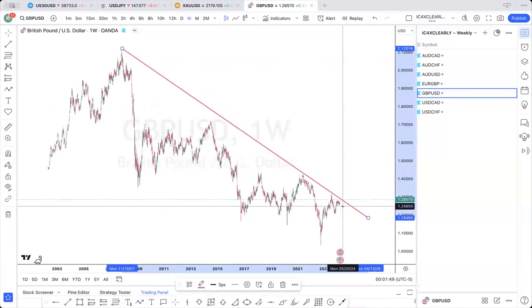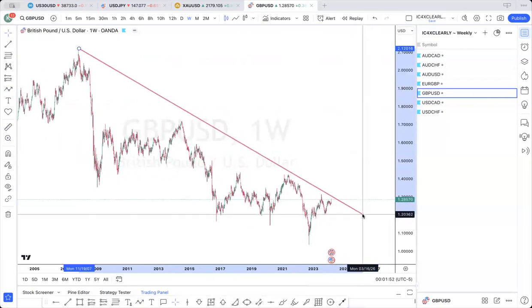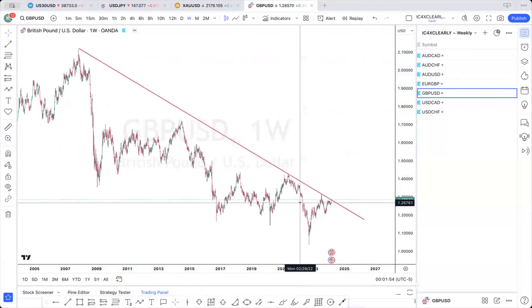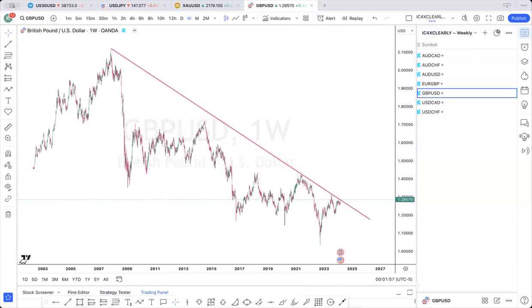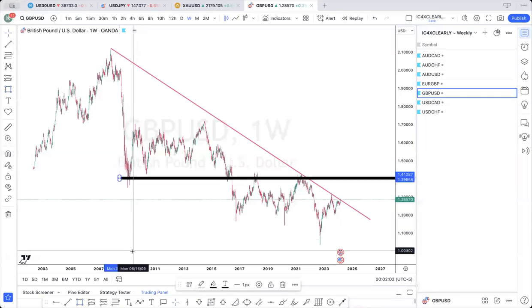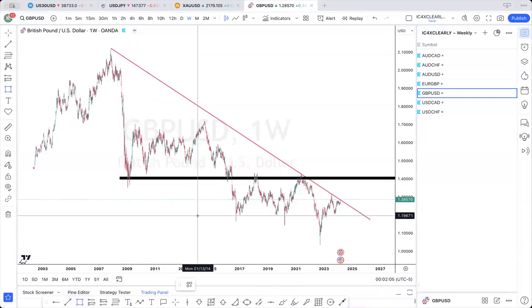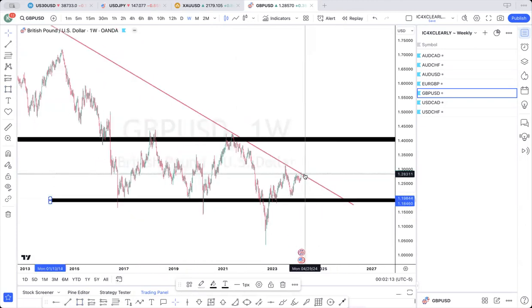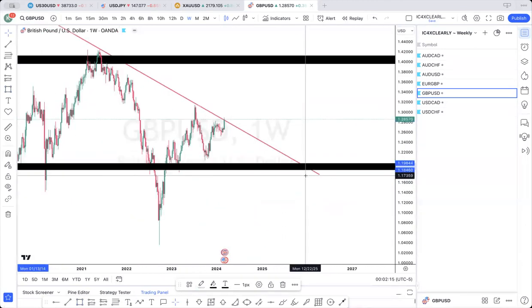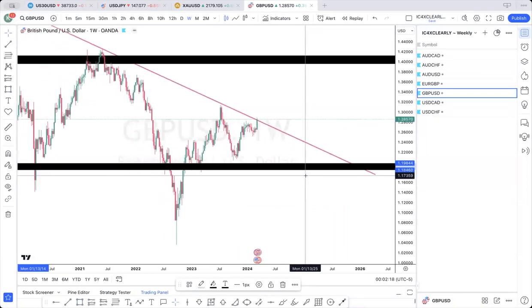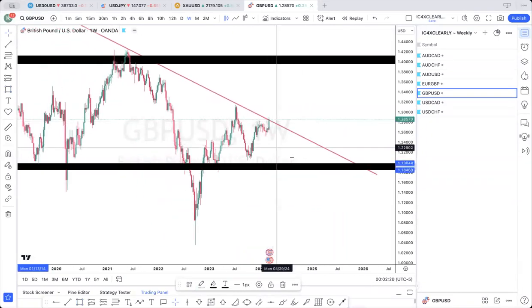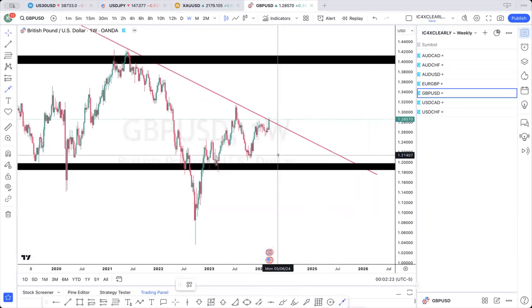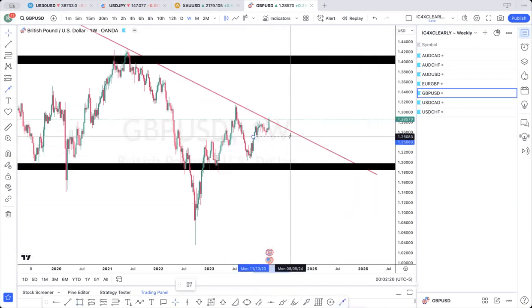So we have a strong trend line resistance here. And of course, I'm going to mark up my key levels here and my key level here. Okay. So if price pushes back down, because we have a bullish order block, if price pushes back down and breaks this low here,